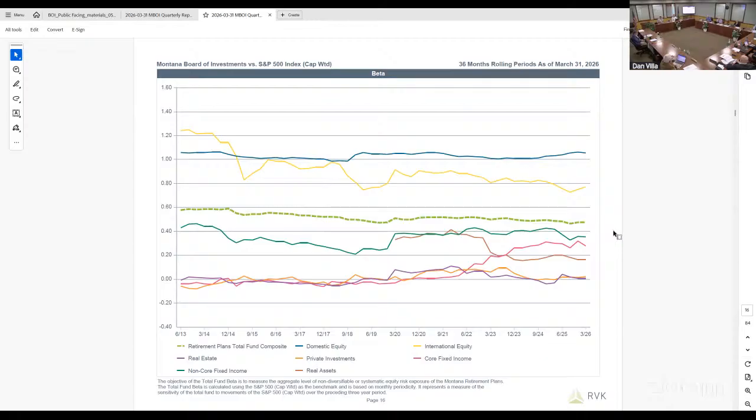Well, Paige, if you'd like, could you say that in different words? I guess what I'm hearing is the beta is about 0.6. It's actually 0.5, that's the green dotted line. And so that's saying that if the market moves up 1, we'd be up 0.5. If it goes down 1, we'd be down 0.5, roughly speaking. Yeah.